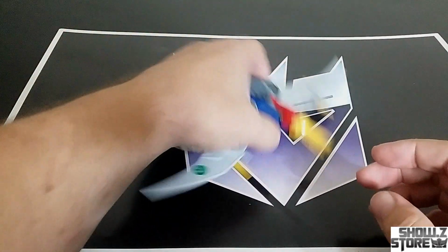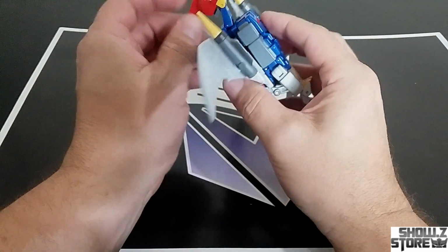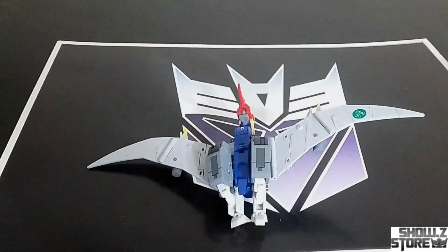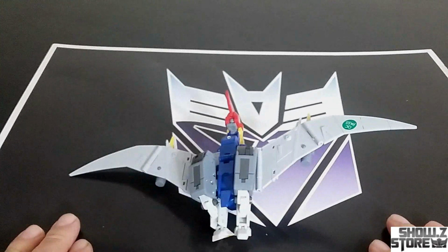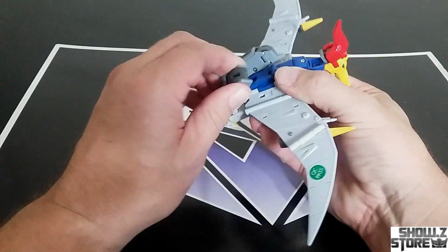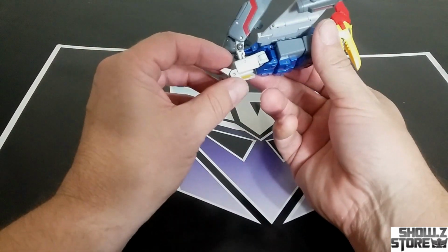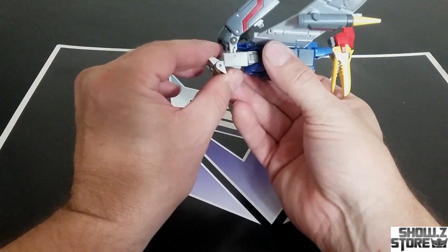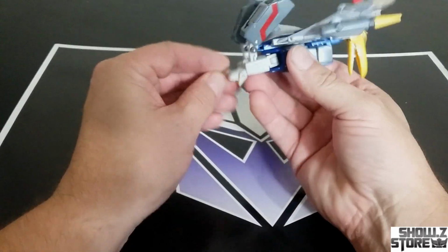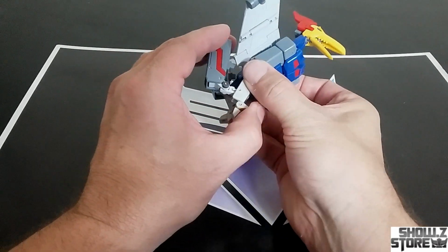All right, now for transformation. I try not to go off screen here. Raise this up just a bit more. Pretty much as high as it's gonna go. All right, now first thing you want to do is untab these legs, and they're tabbed in pretty good. And this is really brilliant of them, the way they did this. And then you're gonna fold these little pieces down for the feet,